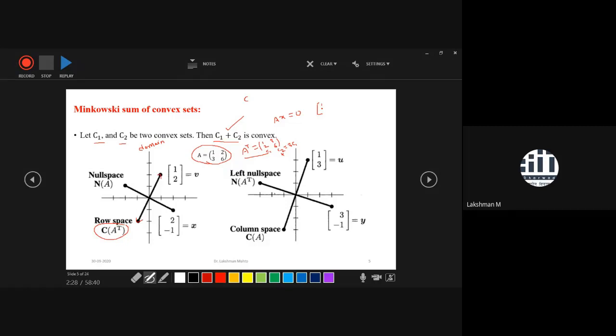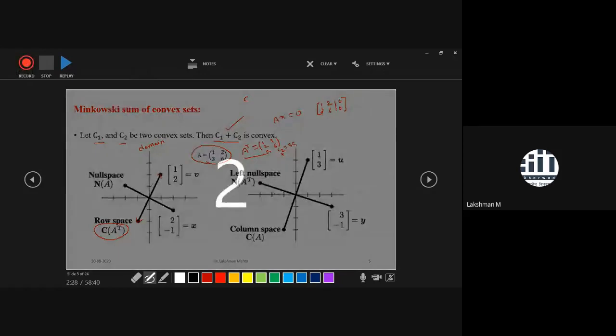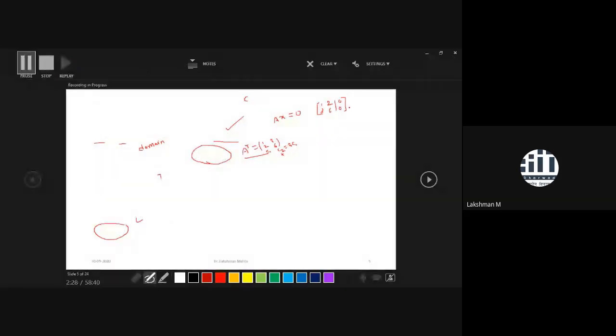So the A matrix is what? The first column is 1, 3, and the second column is 2, 6, and then you augment it. The right hand side is 0, 0. Then when you apply elementary row operations, what will you get here? Or you can simply say Gaussian elimination method. It is very simple. It will take this form.